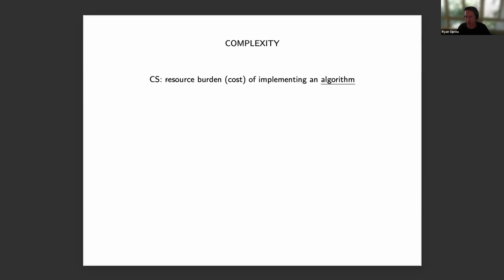So we'll just start out with a standard loose version of the computer science definition of complexity, which is roughly the resource burden or the cost on a computational device of implementing an algorithm. And from the perspective of the behavioral sciences, not totally clear immediately this is going to be very useful for thinking about human behavior until we